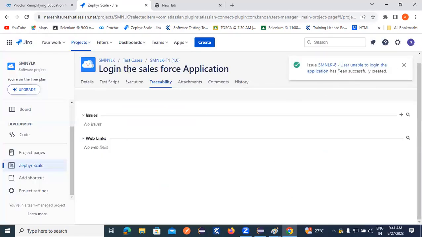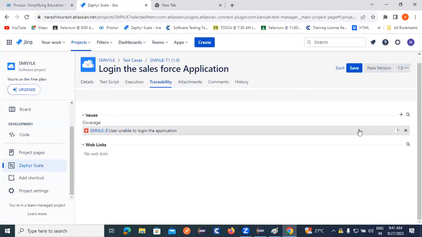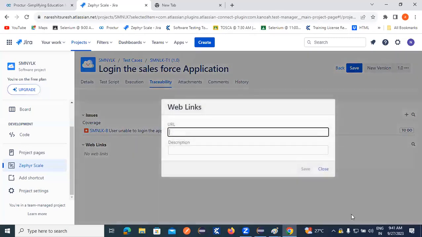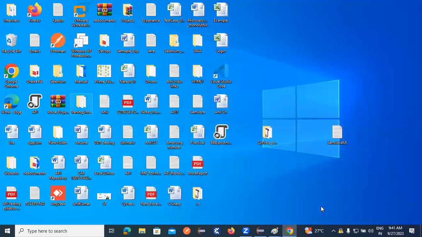Create the defect. The issue was created. See guys, the issue was created. The defect is still in the To Do process, not in progress. If you provide your application link, you need to provide your application link here,